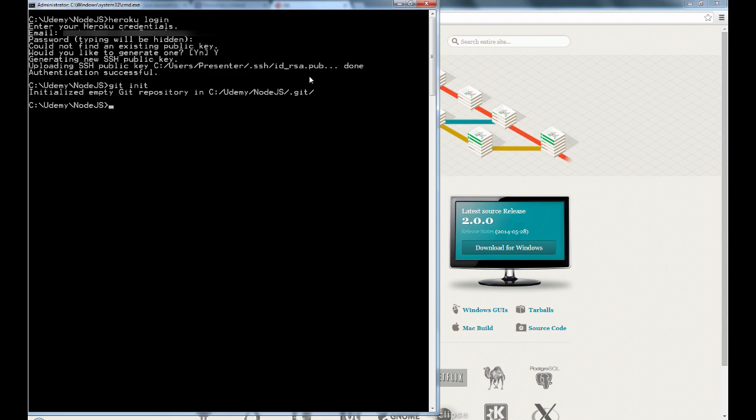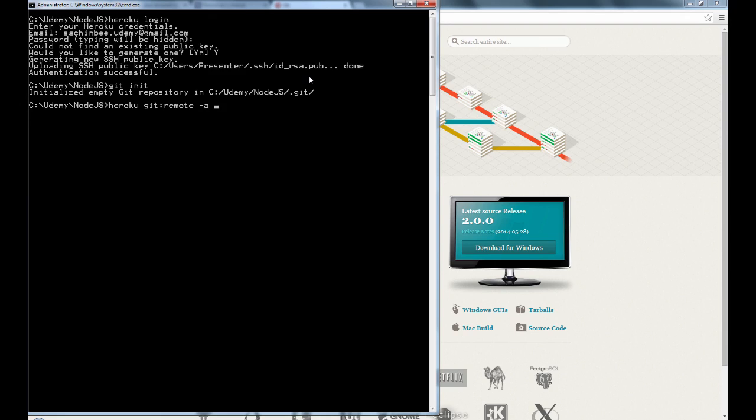Now once our Git repo is initialized, the next thing we want to do is add a reference to the Heroku repository that we created earlier when we created the new app called ChatCat. To do that, type in heroku git:remote